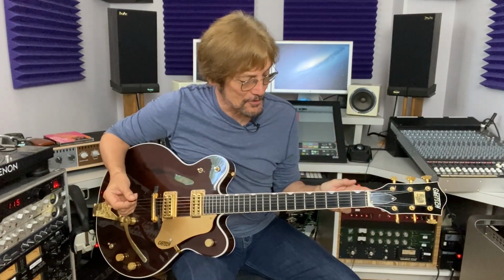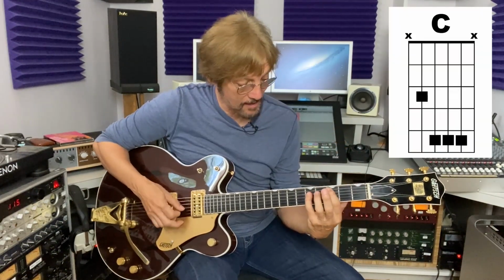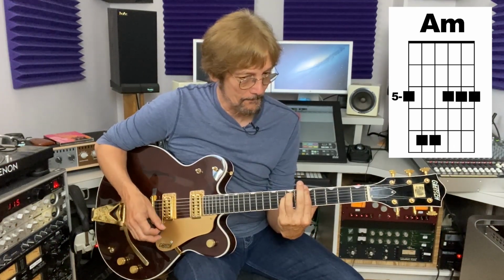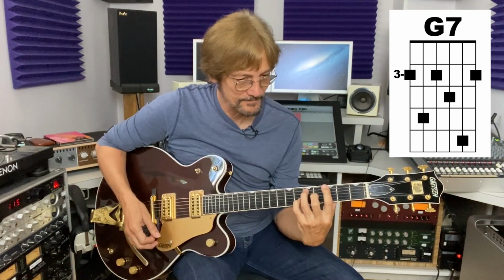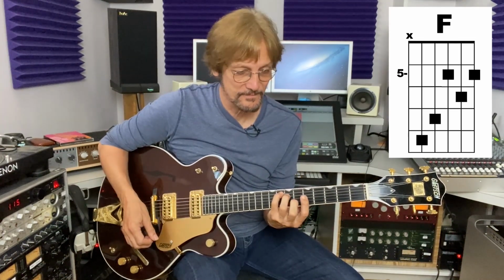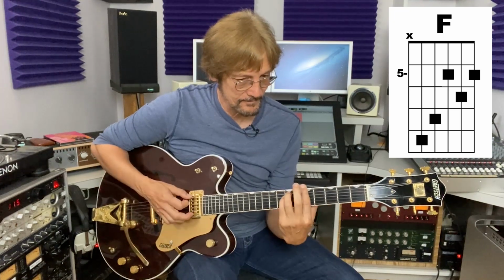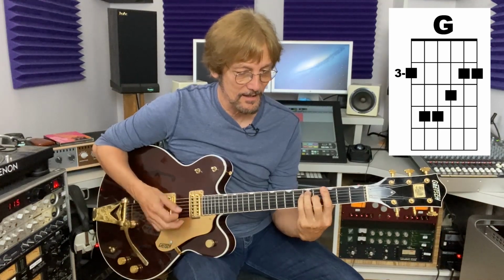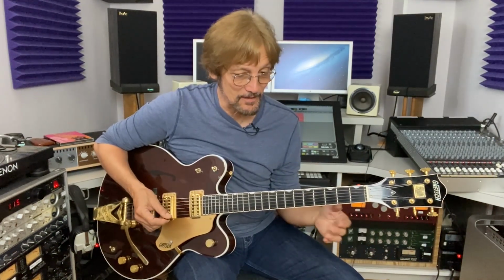Now you'll need some different voicings of chords that George uses. His C is like this. A minor. Same G7. This F. A minor again. C to G, like that. And then a C. And then before the bridge, instead of playing a straight C7, he does a little line like that,